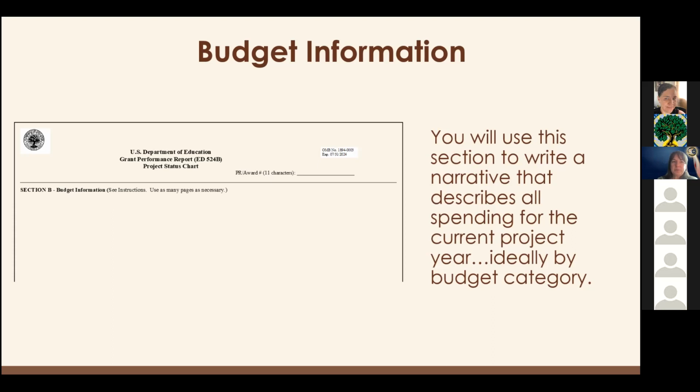It's really helpful when you write your narrative for your budget section if it's broken out by budget category. So in your budget reporting forms, you're reporting on specific categories, and it's helpful to also organize your narrative in that same way. Again, to make it easy on your reviewer to connect those texts with the numbers and categories that you're reporting. And once again, I highly recommend working on and developing your narrative outside of G5 in a separate document, and then once it's all done and set, you can copy and paste that into G5.